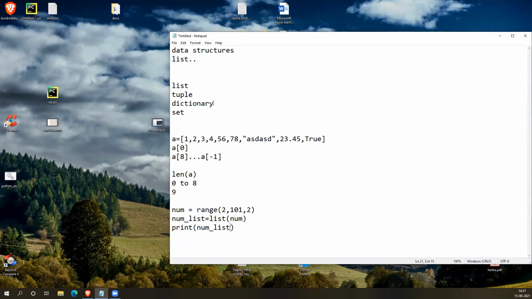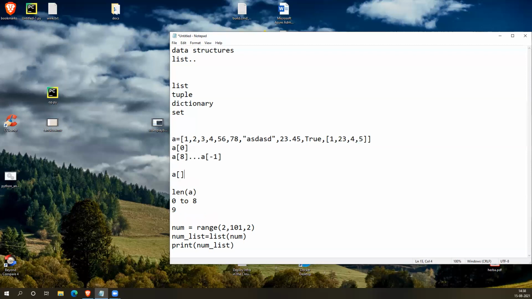So I told you it can have multiple data types inside it. So inside a list, you can have one more list also. An individual element can have one more list also. This is called a nested list. So to access this 23, it is the last item now. The last item will be accessed using a of -1. This will retrieve this complete list. In this one, I want the 23. 23 is the second item. So then I will provide this. The second item is index 1 because the first item is index 0.